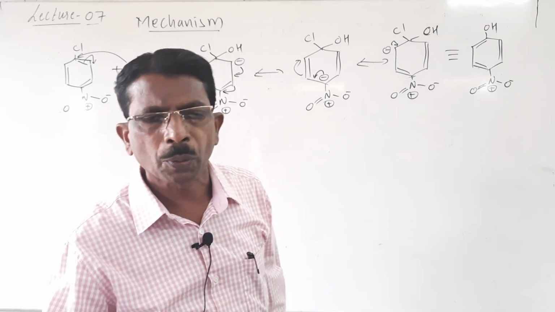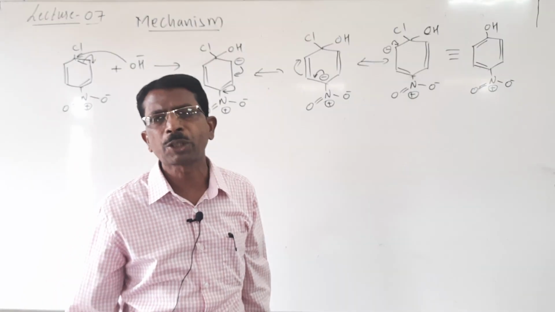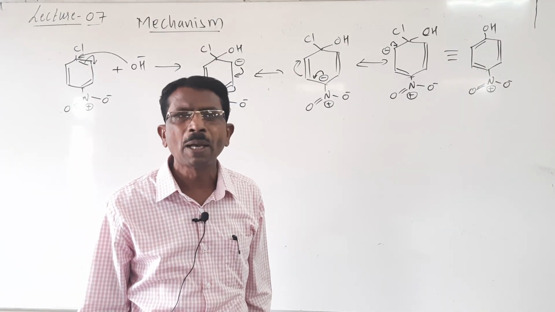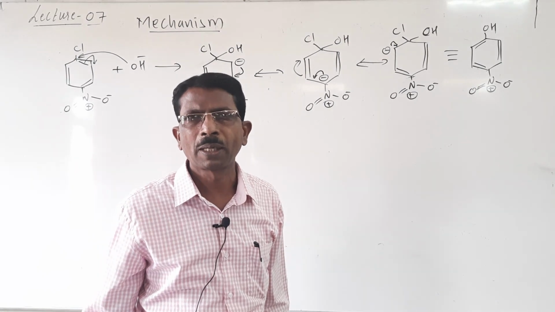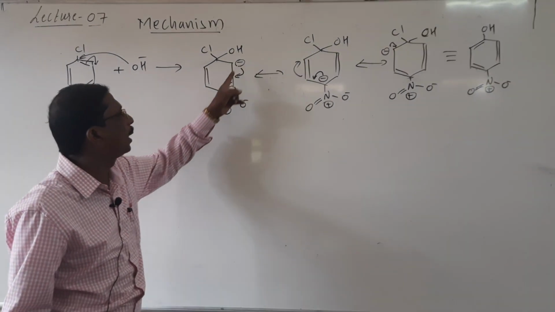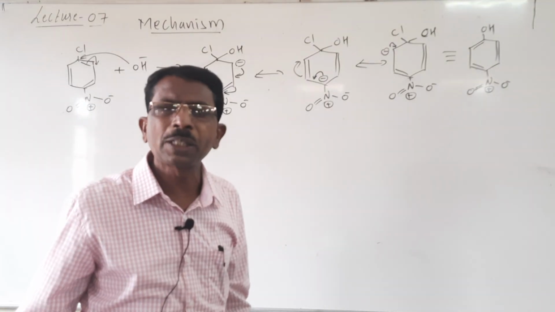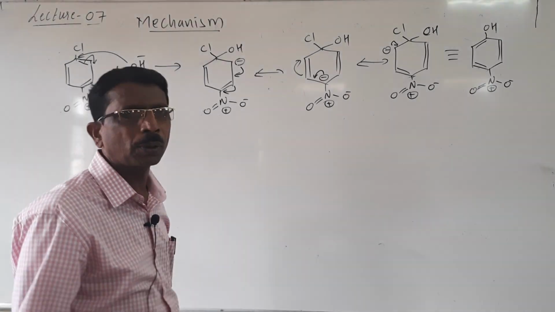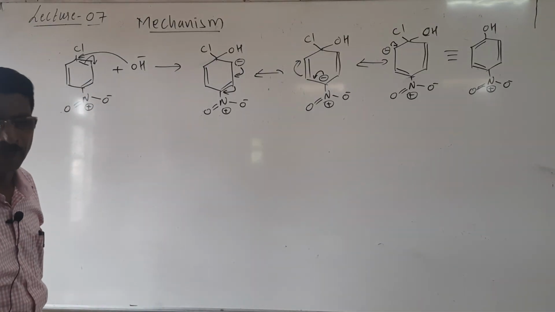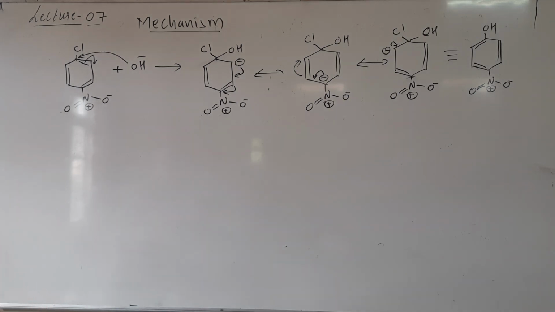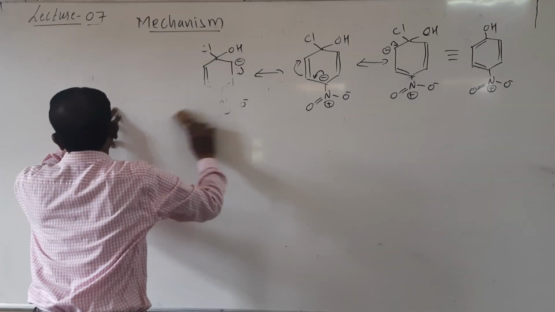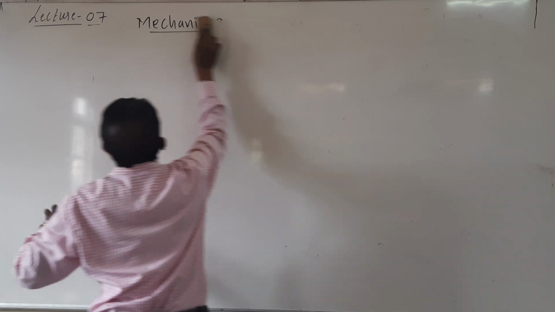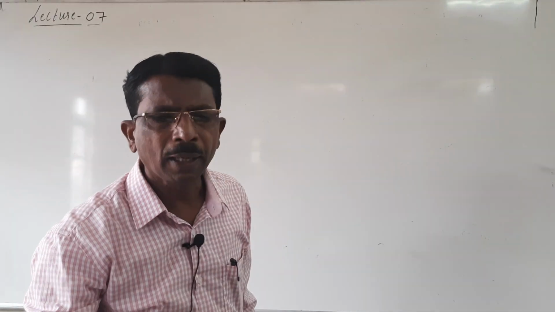When it undergoes an electrophilic substitution reaction, it gives only ortho and para products, but not the meta product. Remember, the ortho and para positions are rich in electron density, and the meta position is not. So the meta position has no effect, and it gives only ortho and para derivatives. That is the mechanism. Now let us see how the electrophilic substitution reaction takes place.